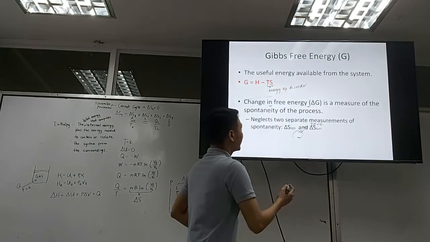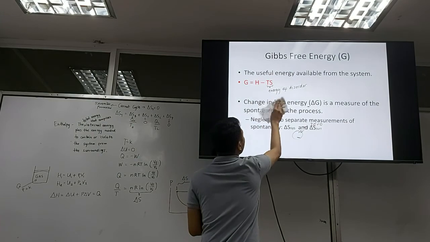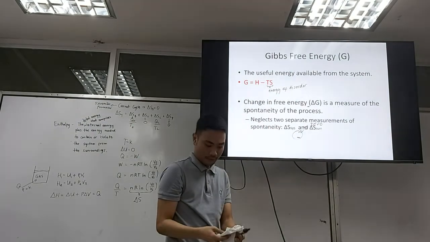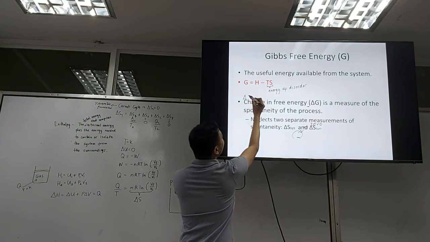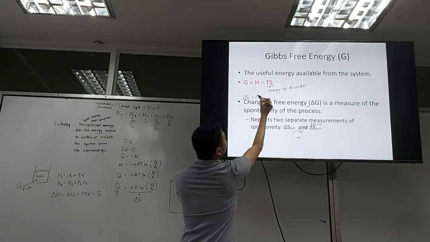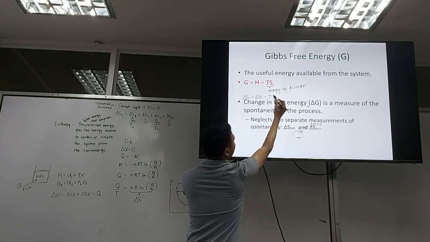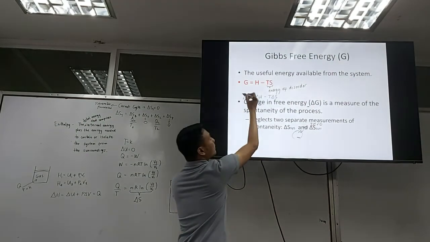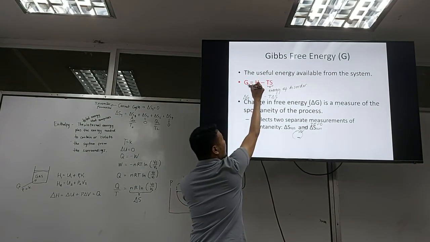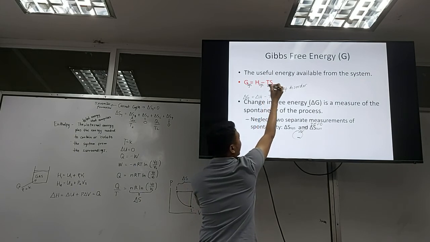So if you get the delta G of this, we get the delta G. Delta G is equal to what? Delta H minus T delta S. And if this is just the G of the what? Of the system, then this is what? H ng alin ng system, TS ng